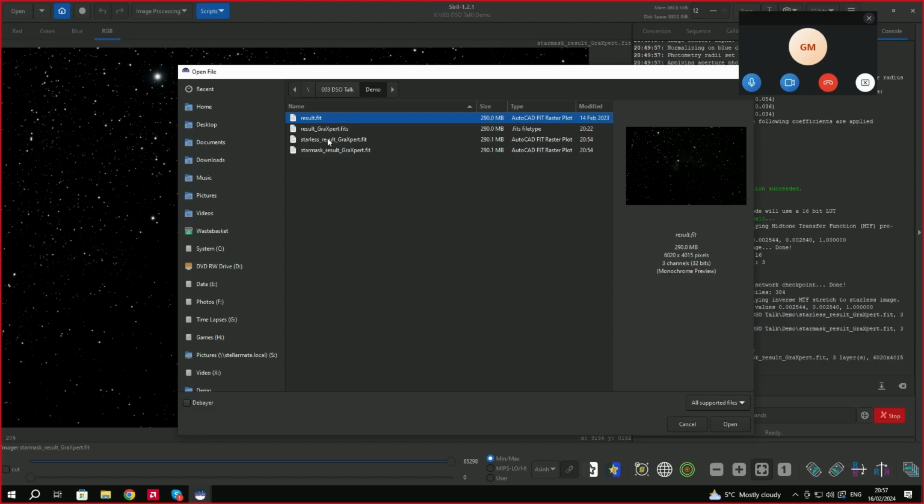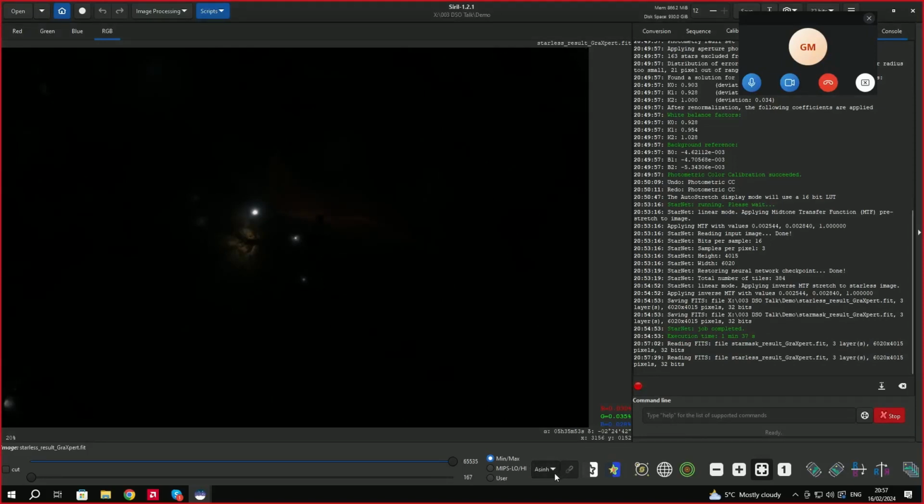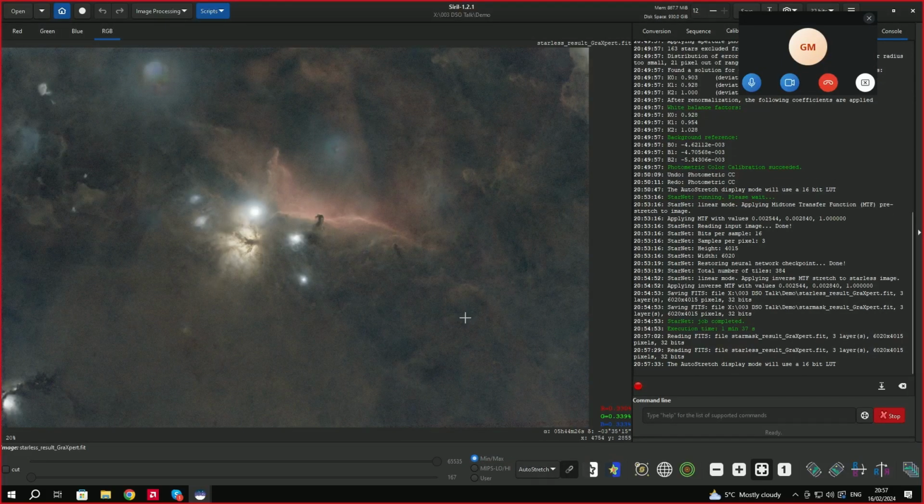So we will go to Starless result, and then we've got our mode. You can see it looks already quite good. You can see a lot of dust. You can also see it's quite noisy because, as I said, it's just 2 hours. I was planning to collect more, but because the weather was so bad for so long, I decided to process this picture,